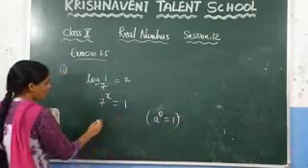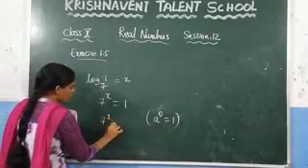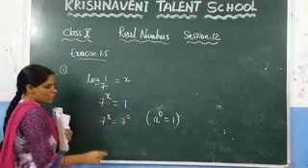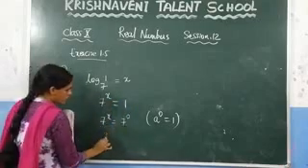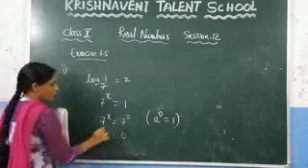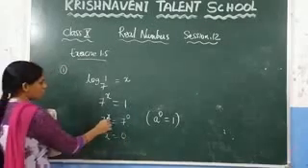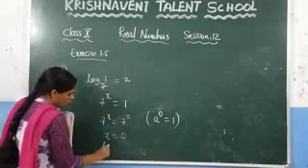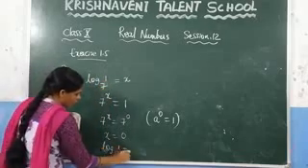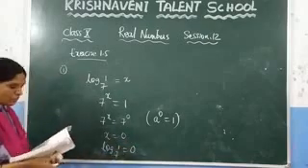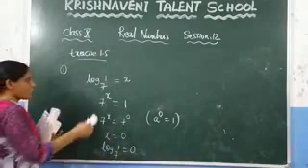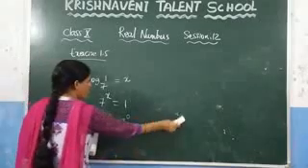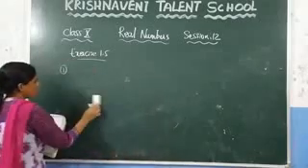So from this law of exponent you can write 7 power x is equal to 7 power 0, because 7 power 0 is 1. So here since the bases are equal, the powers are also equal. You are getting x is equal to 0. But what is x here? Log 1 to the base 7. That value is 0, because we already discussed that the value of log 1 is always 0 while discussing the properties. Now see the next question.